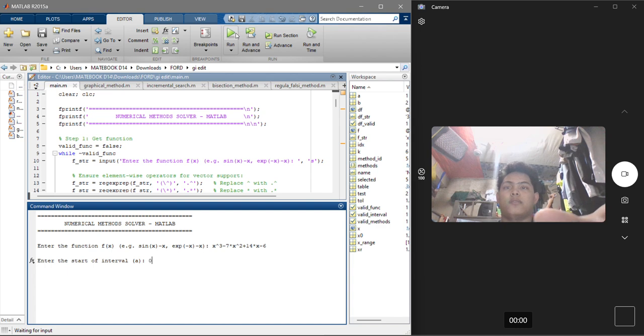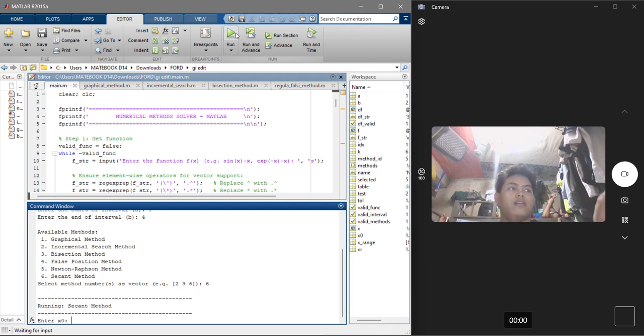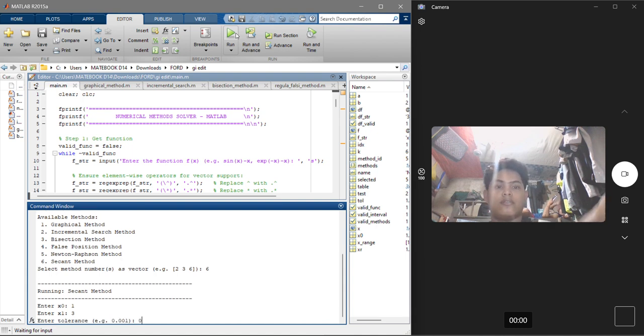Then first start the interval of 0 and the end of interval of 4. Select the method of 6, which is the secant method. And we're going to enter the x0, which is 1, and x upper, which is 4, with a tolerance of 0.0001.